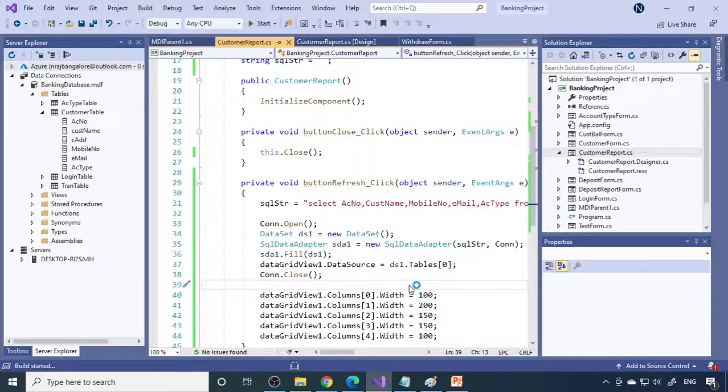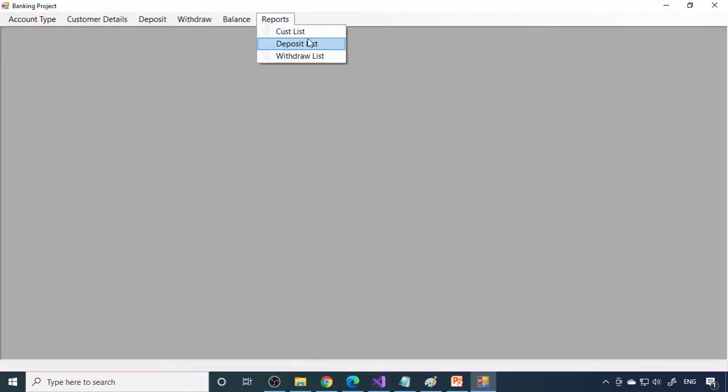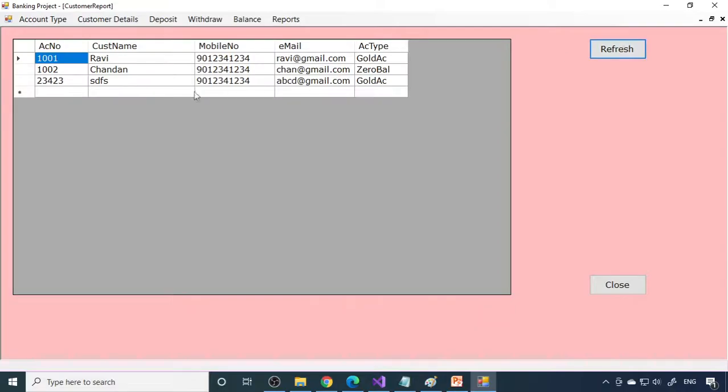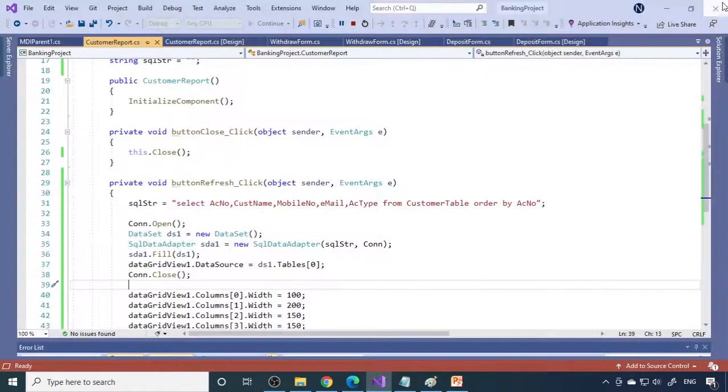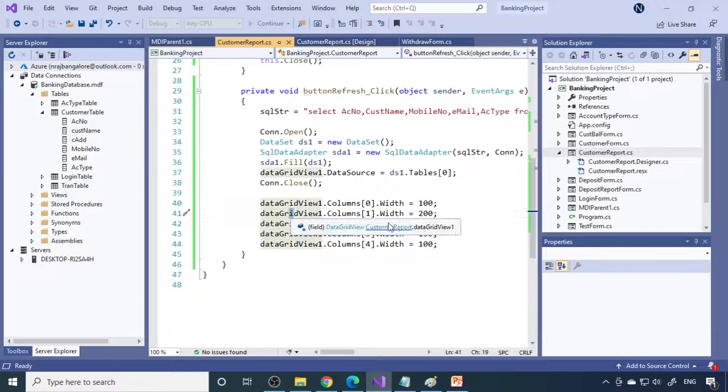So save this and then run. So you can see that the columns are increased. The size is increased. So if any of the space is still there, you can increase a little bit more. So close this and then go there here. So let's make it as 300. This is 200 and this one is 200. Maybe this is around 120.